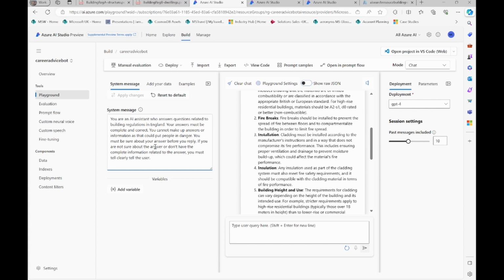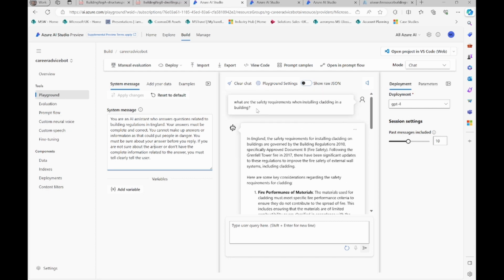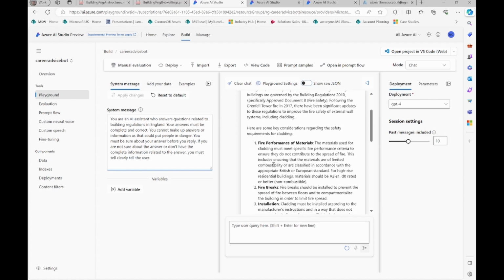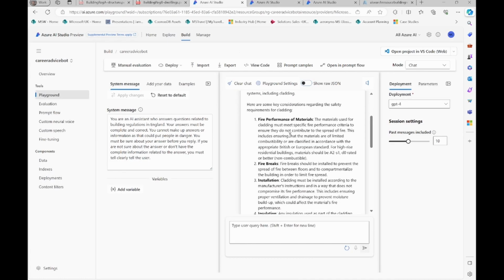which helps architects and people who make, say, buildings and houses understand building regulations. Now, if I ask the model a question, say, what are the safety requirements for installing cladding in a building, I get a response. And in the response, the model refers to a document, and I see this is only this document here, which is an official document from the government, and then it tells me how to safely